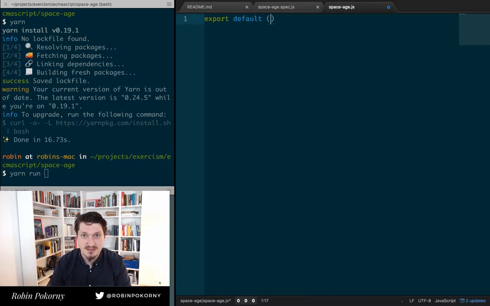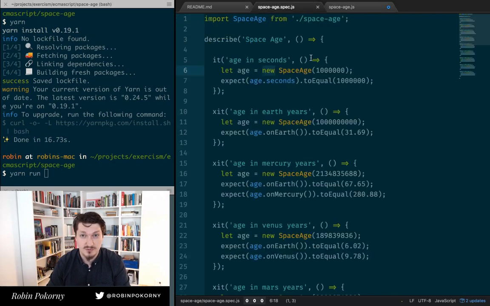That is, I will return a function, and this function will return an object. So what we get in the new constructor is this parameter, which is the number of seconds. And then we can access the